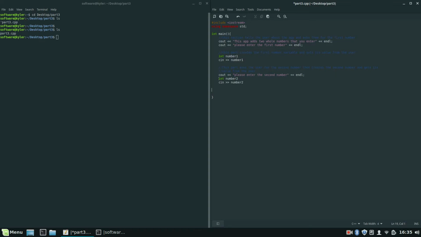Now here's something that we need to do. Okay, so we have the first number, it's stored in int number 1, and then we have the second number, it's stored in int number 2. Now we need to add these. Okay, so there's a couple ways we can do this. We can create an int number 3 and set it, and then say,